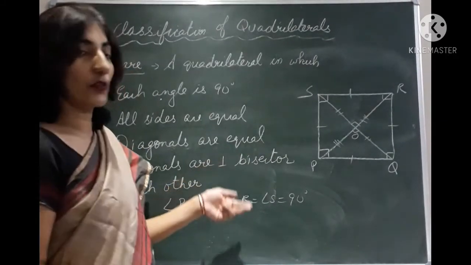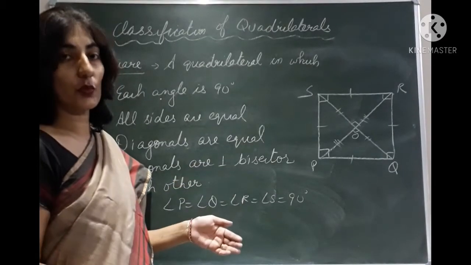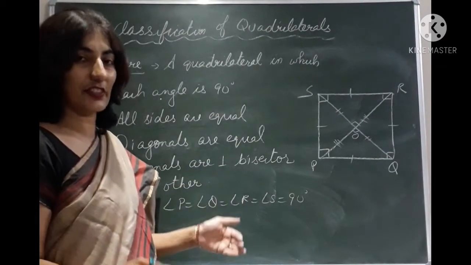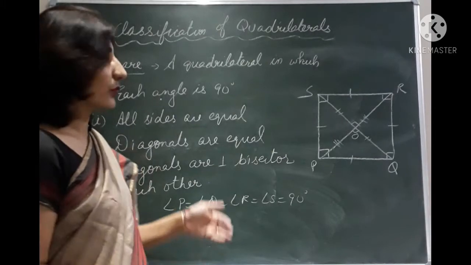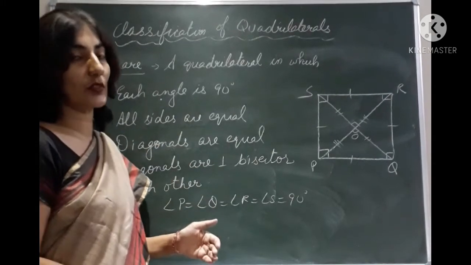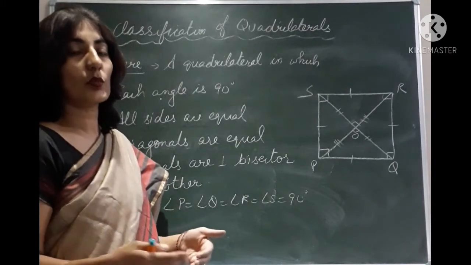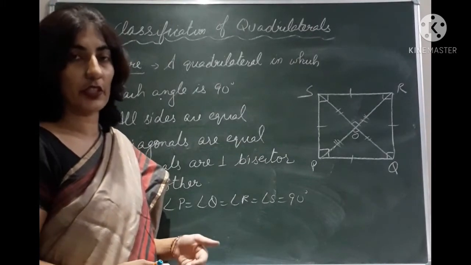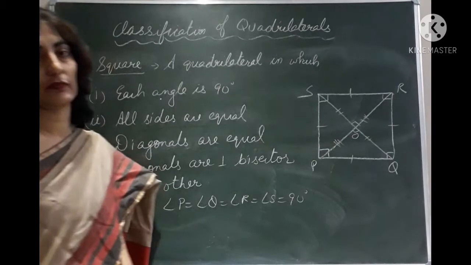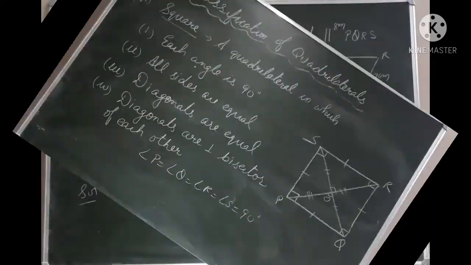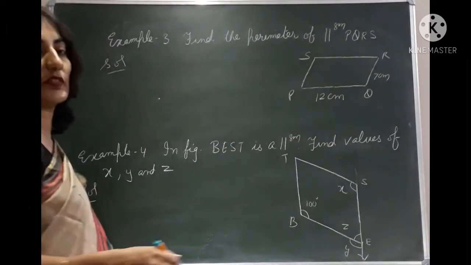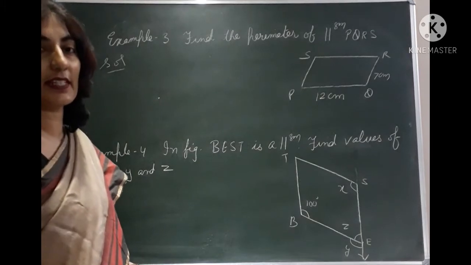So with the help of the flow chart, it will be easy for you to keep in mind the classification of quadrilaterals. One by one we have done the properties of the quadrilaterals, which have made it more clear how these quadrilaterals can be differentiated from each other. Now after doing the properties of these quadrilaterals, let us discuss the examples.